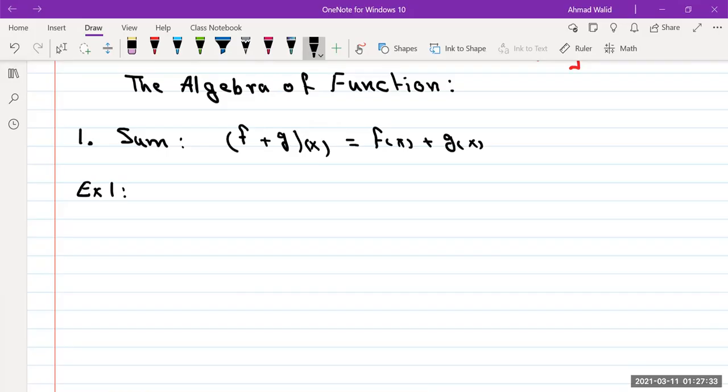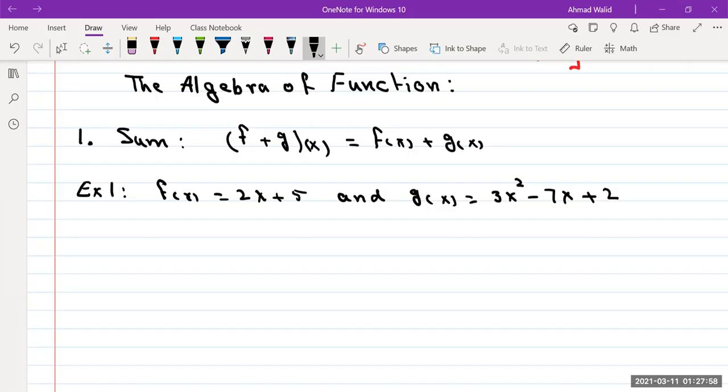For example, f of x equals 2x plus 5, and g of x is given to you as 3x squared minus 7x plus 2. They are asking you in this example, find